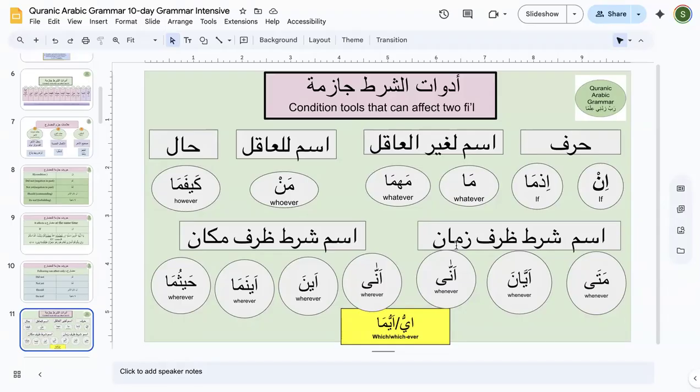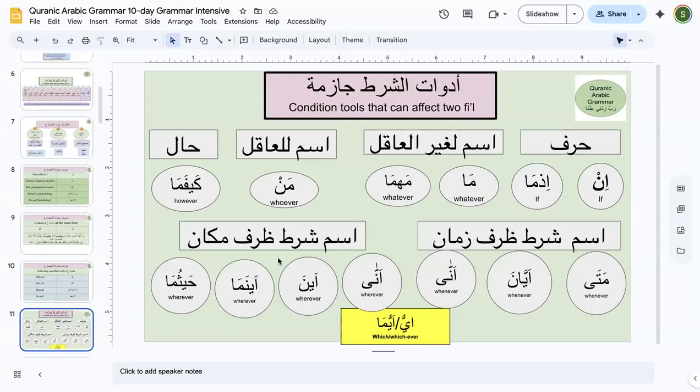Who can remind me the meaning of zarf zaman? Can anyone tell me? And we are running short of time. We have a lot to cover. It is a noun of time. Very good job. Catherine, you are rocking it. And everyone else as well. But I'm giving it to her because she is a non-Urdu and non-Arabic speaker and still able to grab so much.